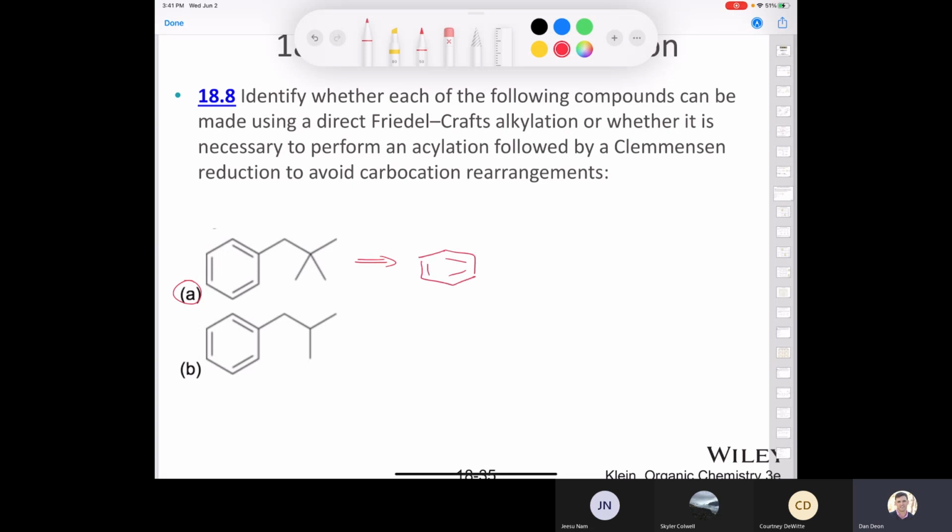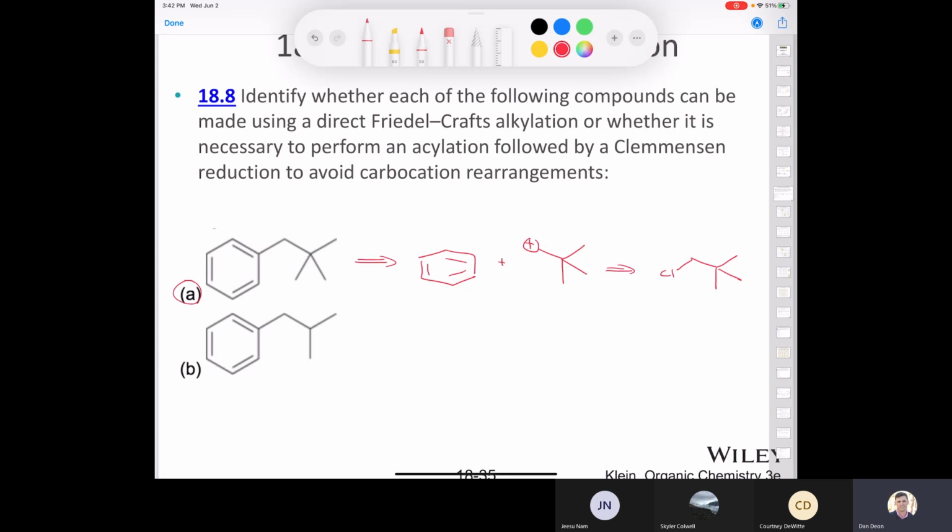our aromatic ring, okay? And what would have to be our electrophile? Well, if we're adding these 5 carbons, and it's attaching at this carbon, that means that we would have to have the 5 carbons, and we'd have to have the positive charge on here. That's a primary carbocation, right? Which would come from a primary alkyl halide, like this, okay? And we know that we cannot do that. We know that that's going to cause a rearrangement to occur,